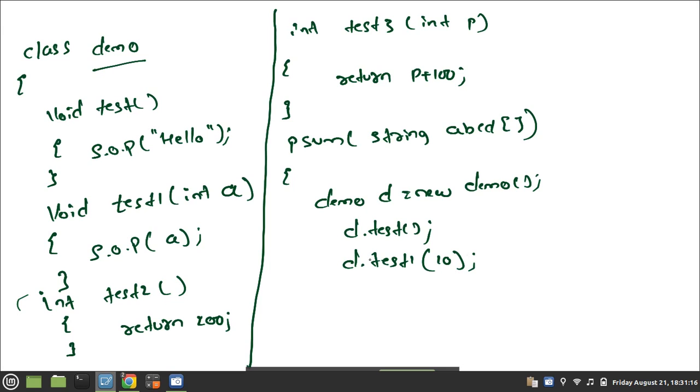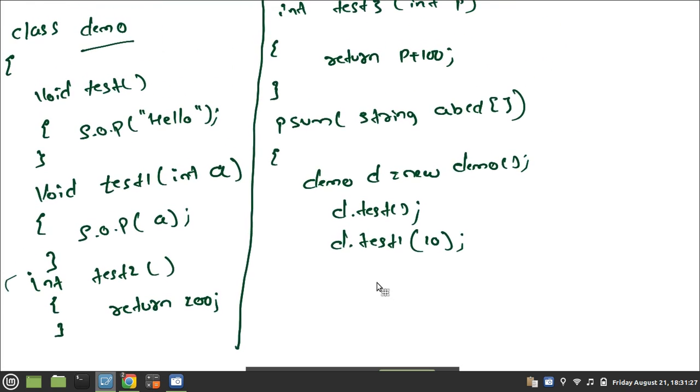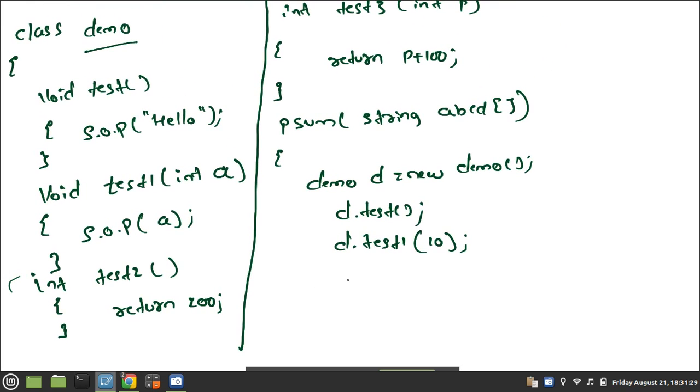Are you clear with this? Yes. The next one is test2, so d.test2. It is not taking any parameters, but it is returning something.